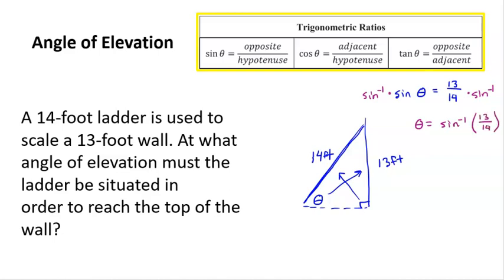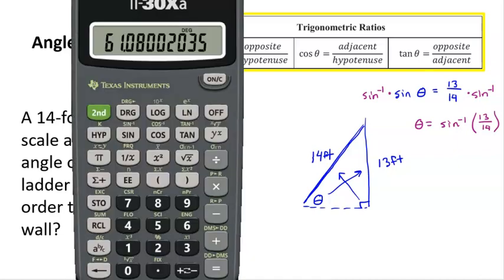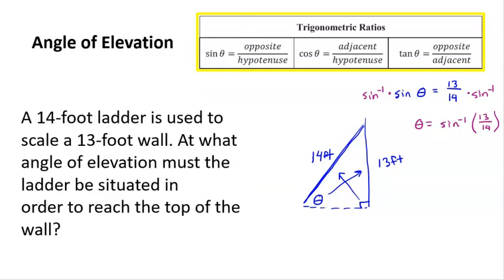And remember, you don't have to put that fraction or that exponent in. It's already built in when you see this button here. So we've got 13 divided by 14, and then second sine, and that gives us 68.2. So theta is